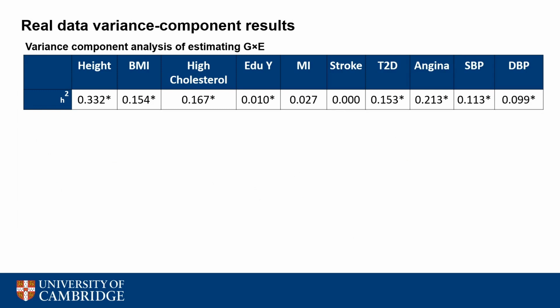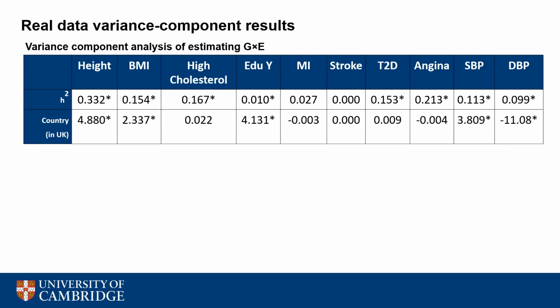I will now show you 2 tables of my results for the real data runs for all phenotypes, where I fit the same model as I did for the simulations I've shown you in the previous slide. The top table is the results where I combine the UK Biobank and BIGG datasets into a single analysis. Each row is an estimate of a parameter of interest. H² is of course heritability, which is the additive genetic effect.